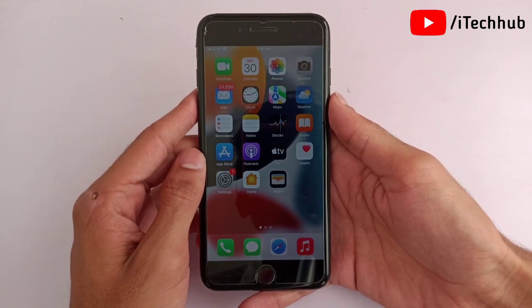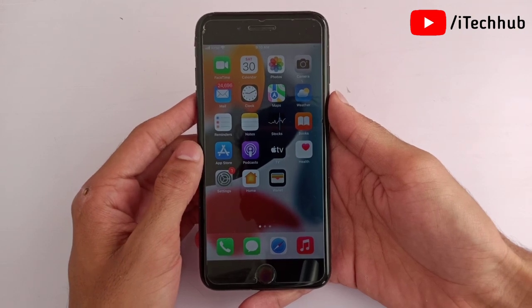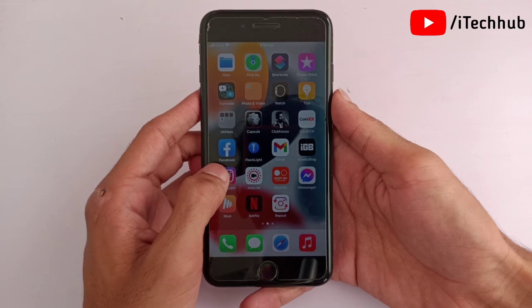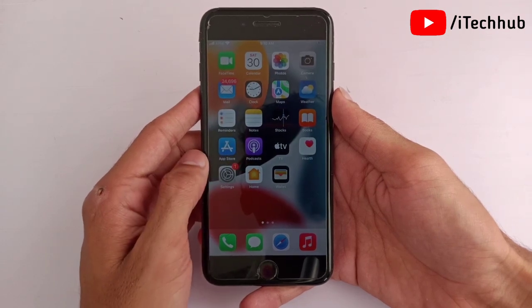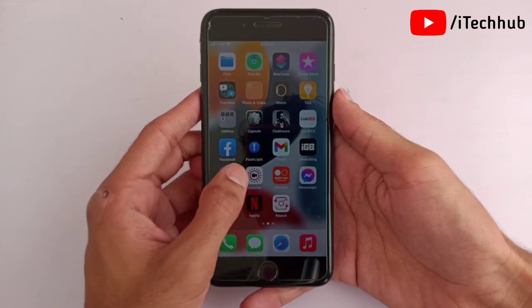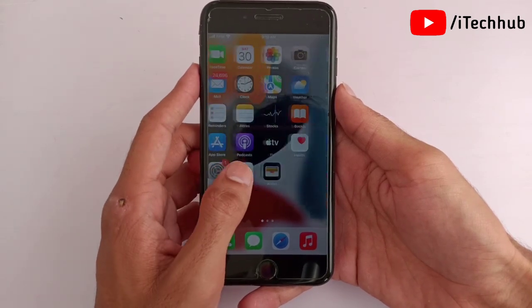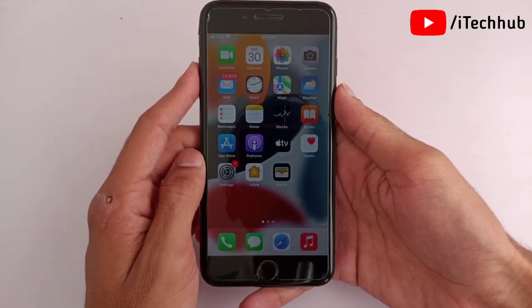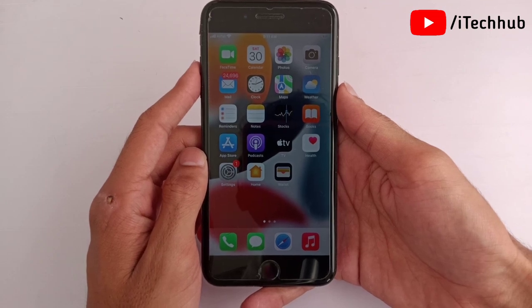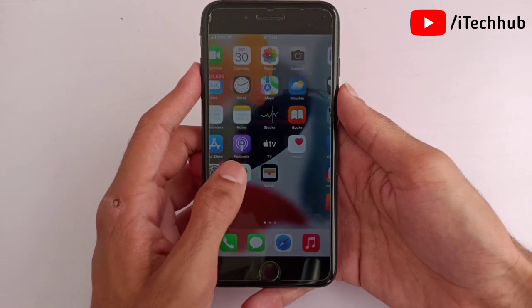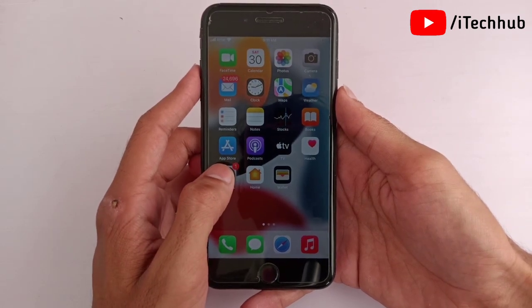So guys, in this video I will show you the iOS 15.4.1 Safari black screen issue on iPhone and iPad. A lot of iPhone and iPad users have been reporting that after the iOS 15.4.1 update, Safari shows a black screen, and the GPU media options are not showing in the Safari settings. So guys, in this video I will show you a Safari alternative browser for fixing the iOS 15.4.1 Safari black screen